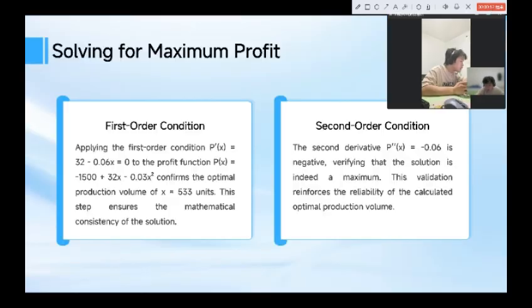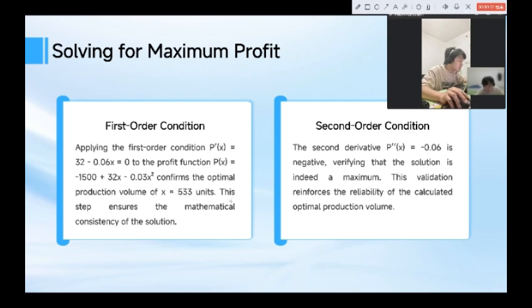I'm going to introduce the optimal decision. To determine the optimal production volume, we apply the first order condition to the profit function, setting P prime, its derivative function, to zero, and we solve for x and find the optimal production volume to be approximately